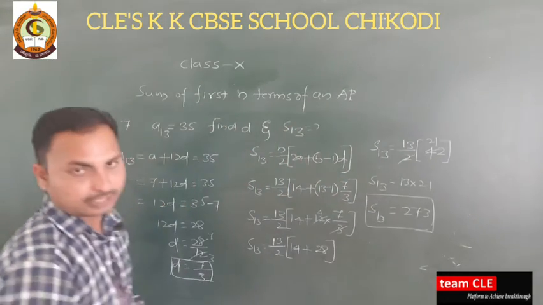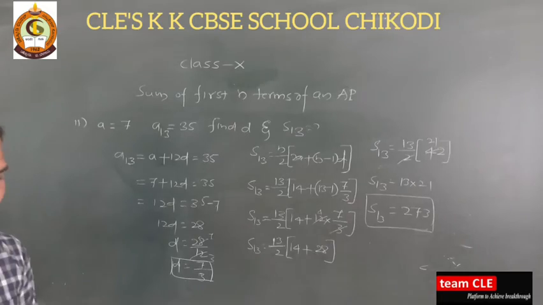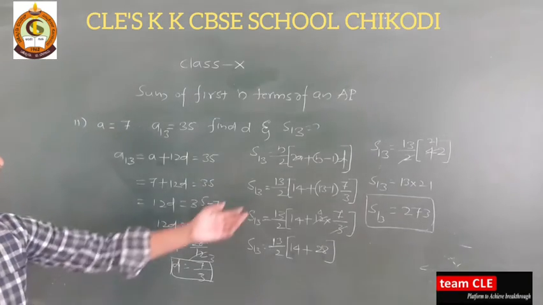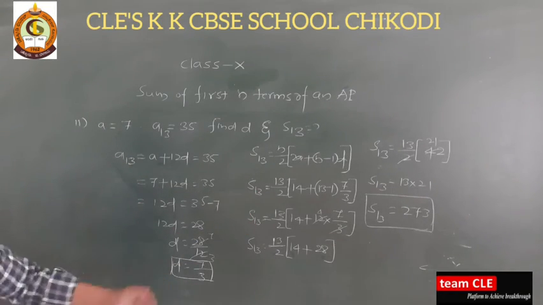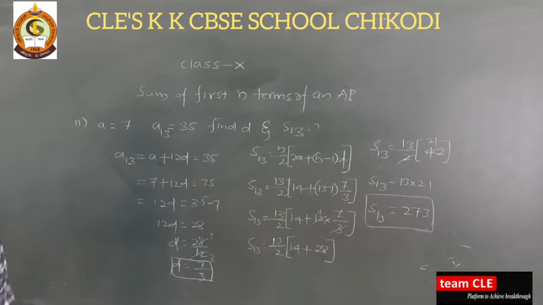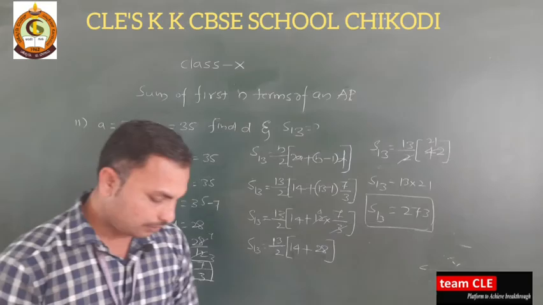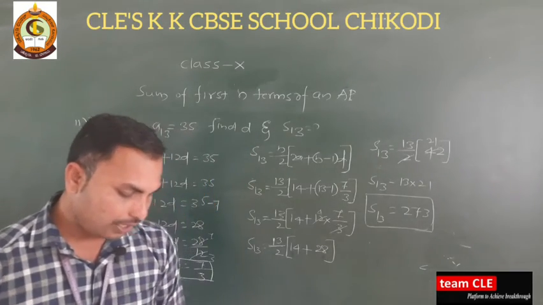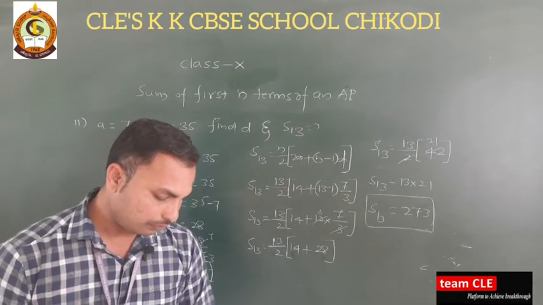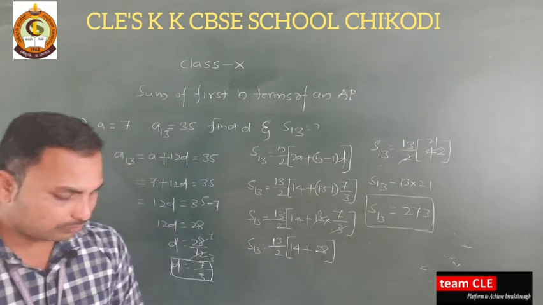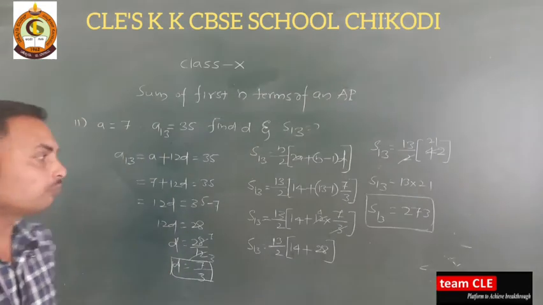273 we will get this one, isn't it? Now, so this is S of 13 and D is equal to 7 by 3. Okay. I hope you understood this problem. So next I will move on to question number 4. Question 3 I will leave. Okay. So I will go with question number 4.